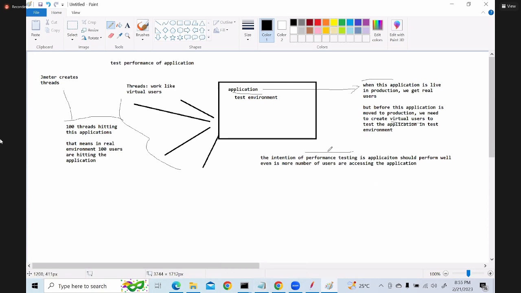And if your application is not performing well, there are so many factors. You can improve the code of your application, or if you are running on a server, you can increase the memory. Okay. So as part of performance testing,